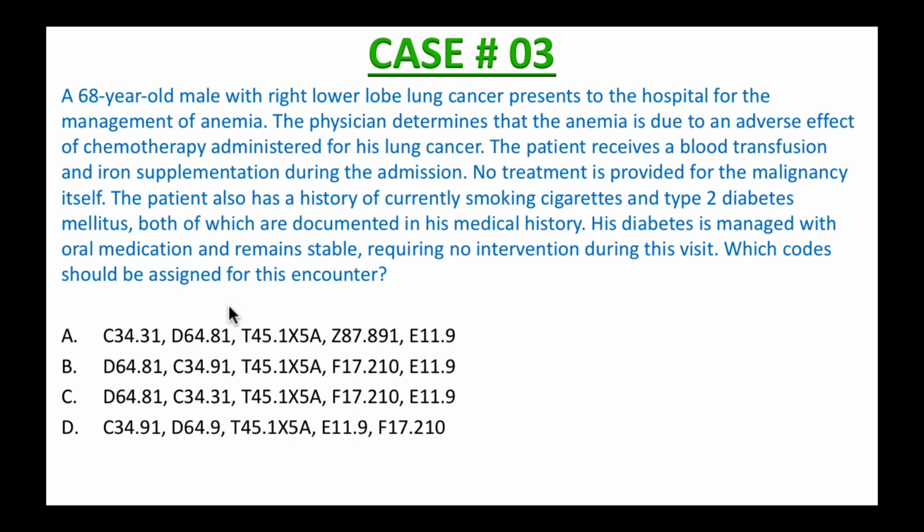Having said that, I don't want you to read the case question just yet. Focus instead on the group of codes listed in the first column: A, B, C, and D. B and C have the same code, D64.81, so they are in the same group. A and D have different codes, C34.31 and C34.91, so they belong to two separate groups. Now you have three groups with three different first listed codes,